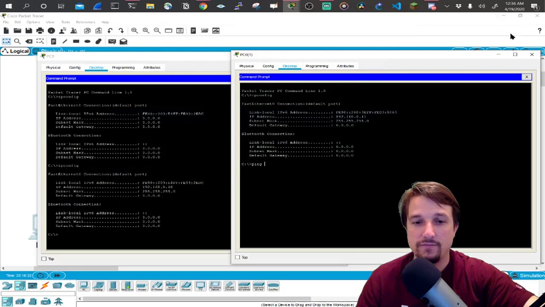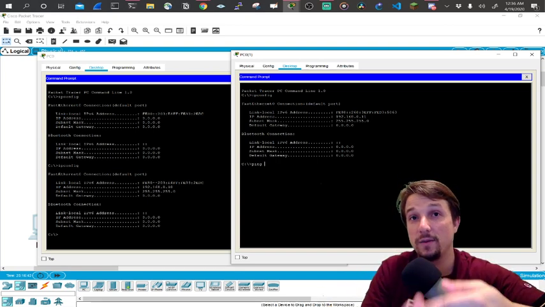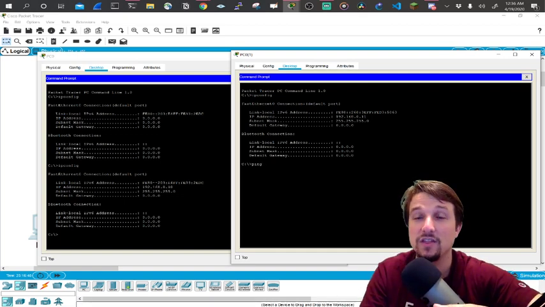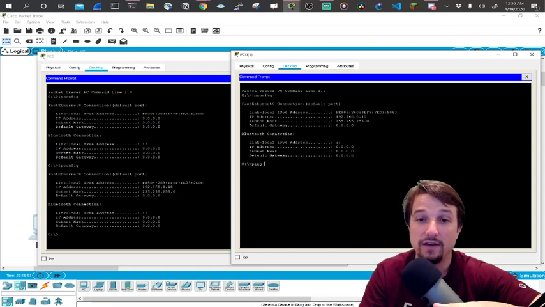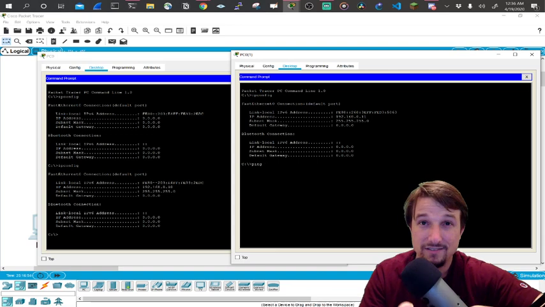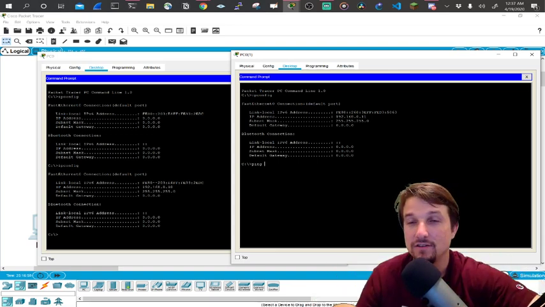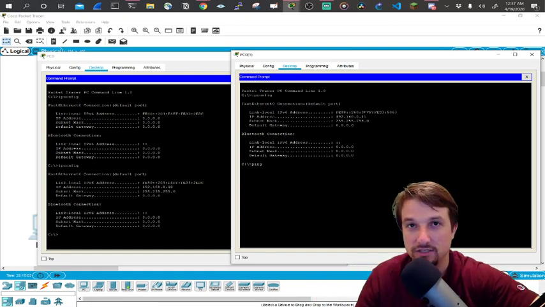All right, so we have ping here in Packet Tracer. Go ahead and type ping and then the IP address of the destination. Here's a thing to remember about networking. Always remind yourself, as you're doing pen testing or trying to troubleshoot a connectivity issue, that there is a source, meaning the place where the message started, and there's a destination. There's always a source and always a destination. In this case, our source is .11. Here, our destination is